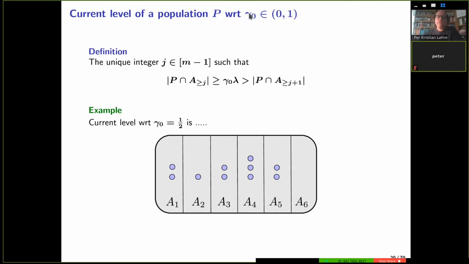So first we need to specify some parameter gamma naught. It's some number between 0 and 1. So we define the current level of the population with respect to some fraction gamma naught. So let's say it can be 1/2. So once we've specified this, then we can define the current level of the population to be the unique integer j, such that